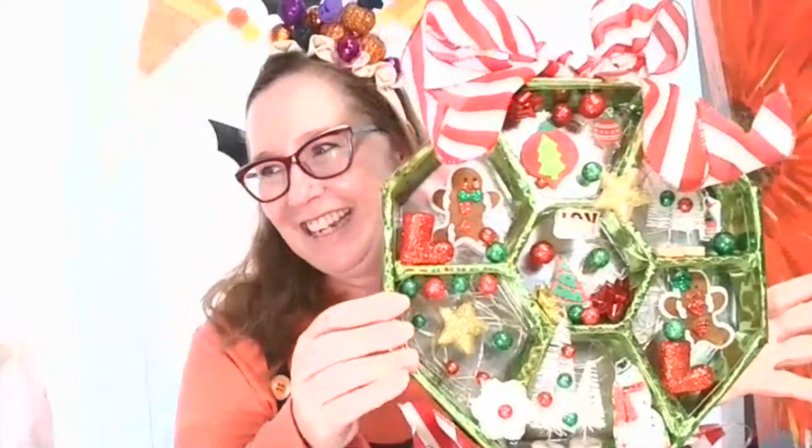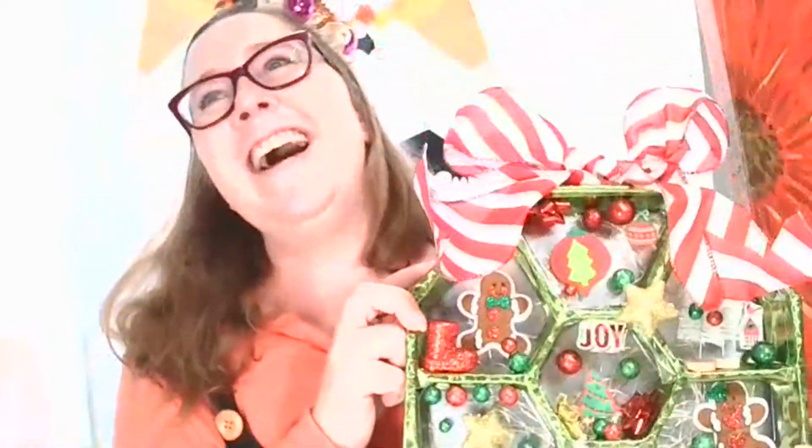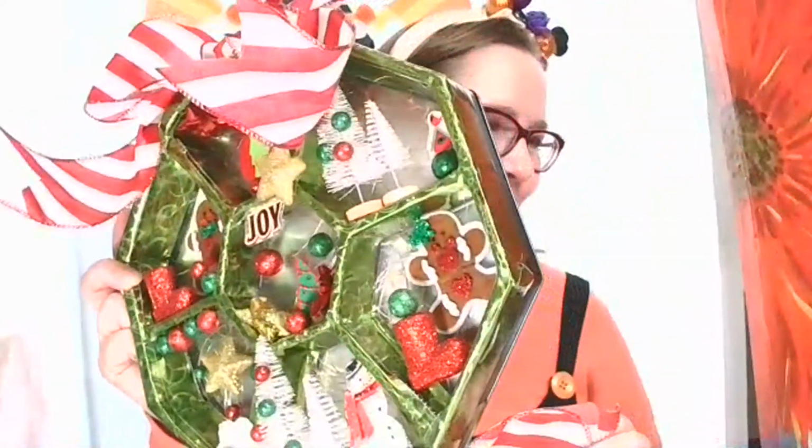What I could do is almost like a prank, where you make it look like the person's getting cookies. But they open it up and there's no cookies or candy or anything, but they still get a cute thing. Or you could send the actual candy separately, alongside it in a different container, and be like, look at what I did with the container, that sort of thing. Okay, so